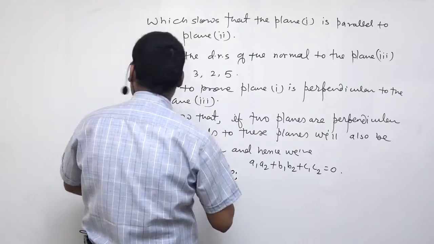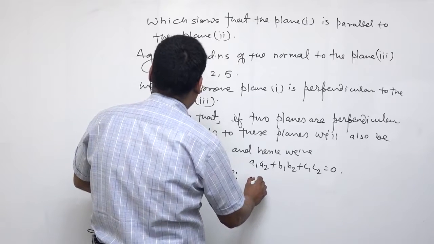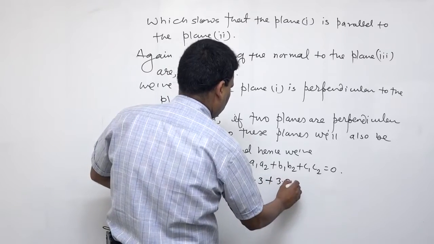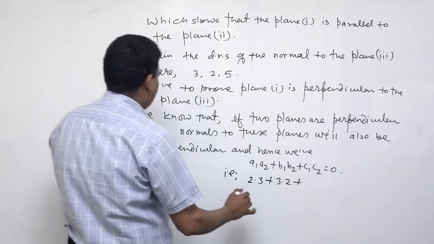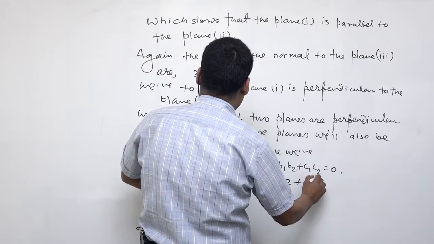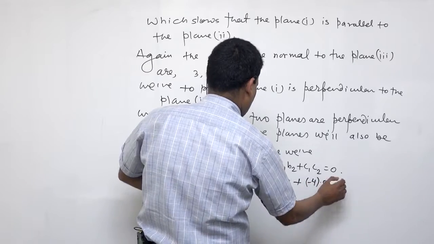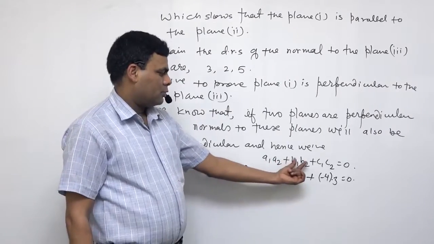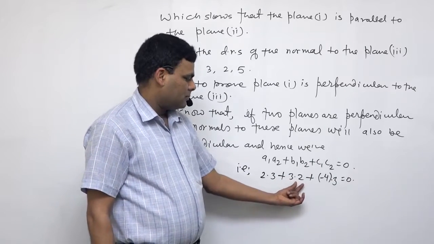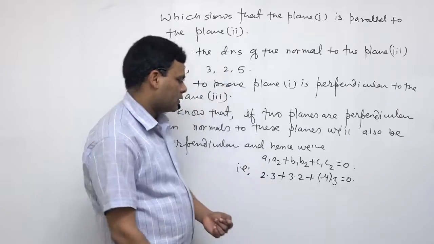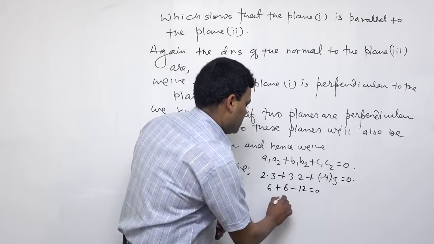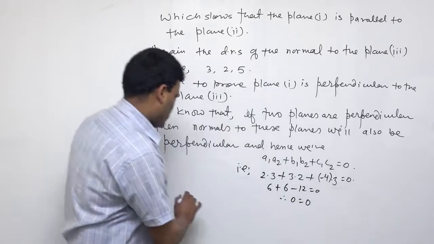So here we have 2 into 3 plus 3 into 2 plus minus 4 into 3 equals 0. A1 A2 plus B1 B2 plus C1 C2 equals 0. That is 2 into 3 plus 3 into 2 plus minus 4 into 3 equals 0. 6 plus 6 minus 12 equals 0. Therefore 0 equals 0, which shows that